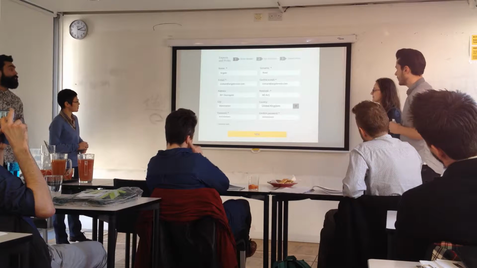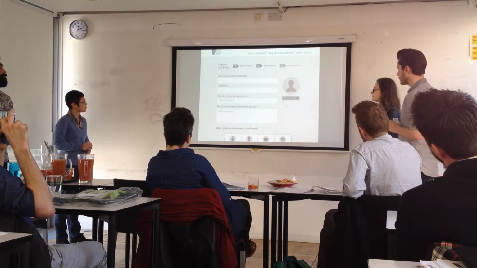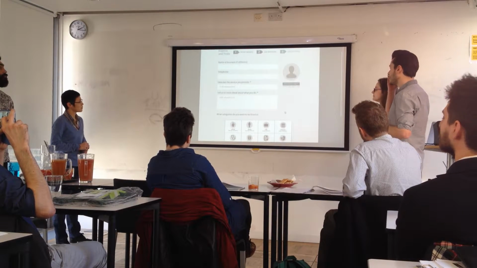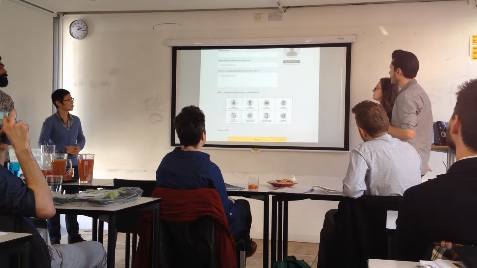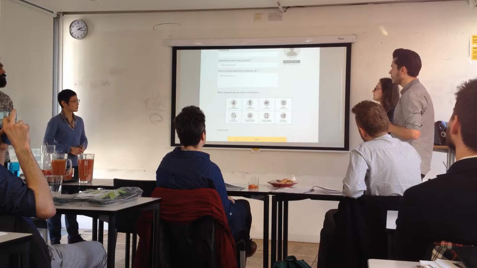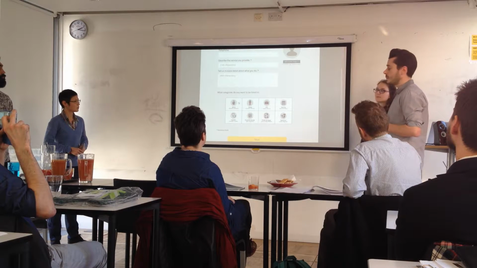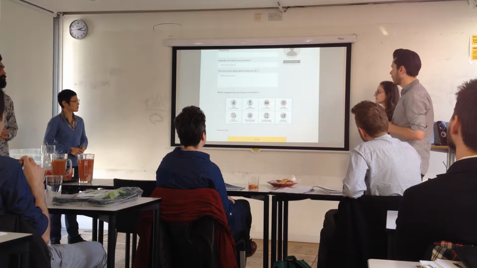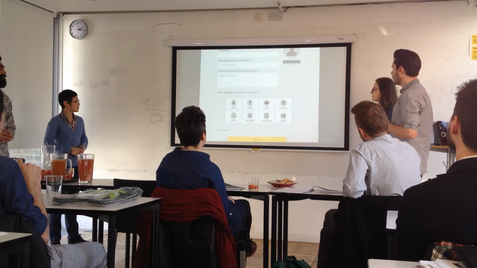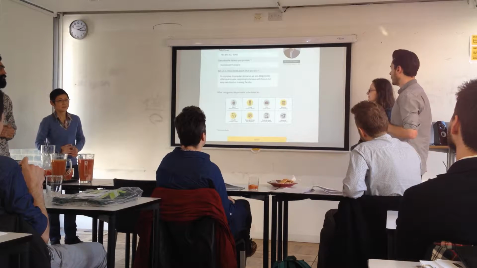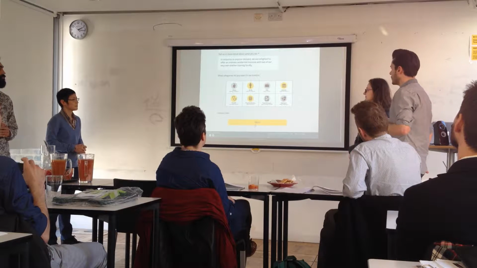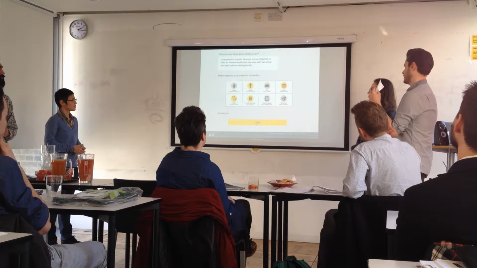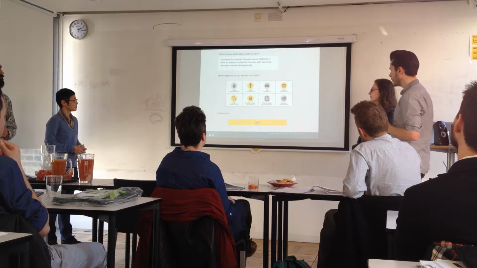I press next to go to the next stage. I need a little bit more information about me. I can upload a photo just here, but also I can choose categories. That will be very helpful for the members to find my profile. So I choose the categories that I want. There I go. Then I will press on the next button to go to the last stage of the registering